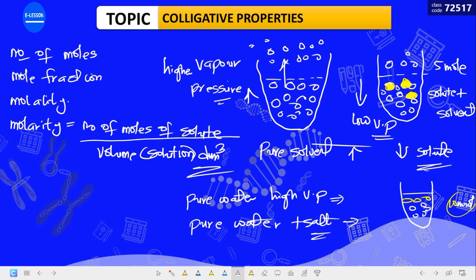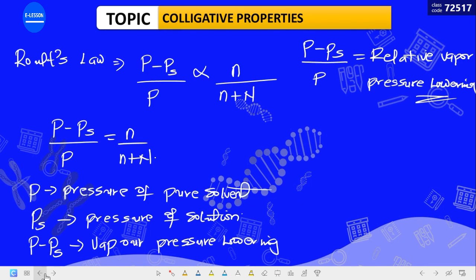When you say the higher vapor pressure lowering, it means you are subtracting more from the initial vapor pressure. And that is why we stated the formula by saying that the vapor pressure lowering, not the vapor pressure, we should take that into cognizance. Not the vapor pressure, but the vapor pressure lowering is directly proportional to the concentration of the solute that is present therein. So the higher the concentration, the higher the vapor pressure lowering. And of course, the higher the vapor pressure lowering, the lower the vapor pressure. These are concepts that we should get correctly.